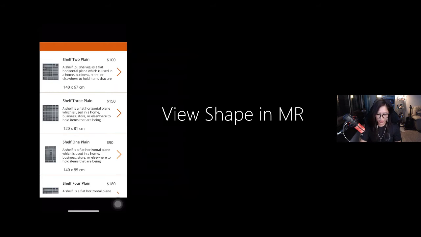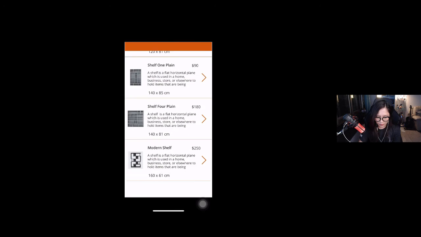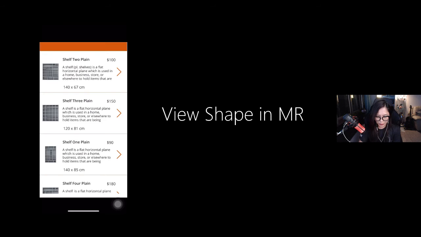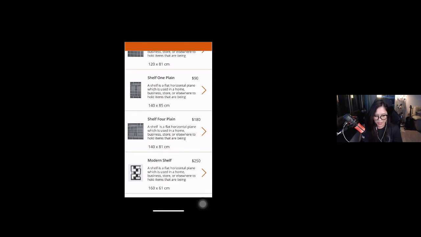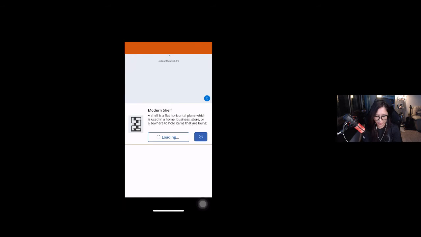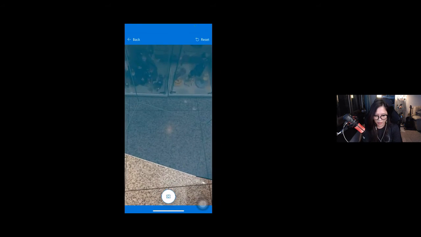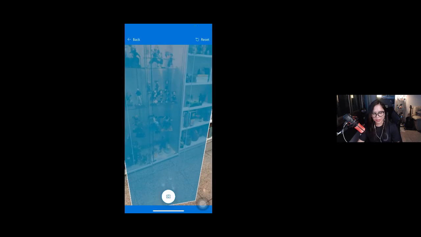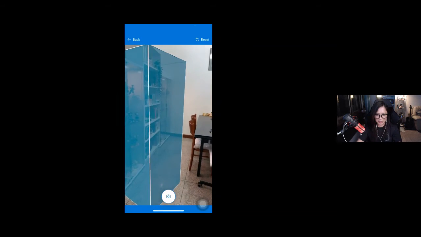And for view shape in MR, same thing. Let's say you don't have 2D objects or 3D objects, you just place a square or rectangular shape in your mixed reality.